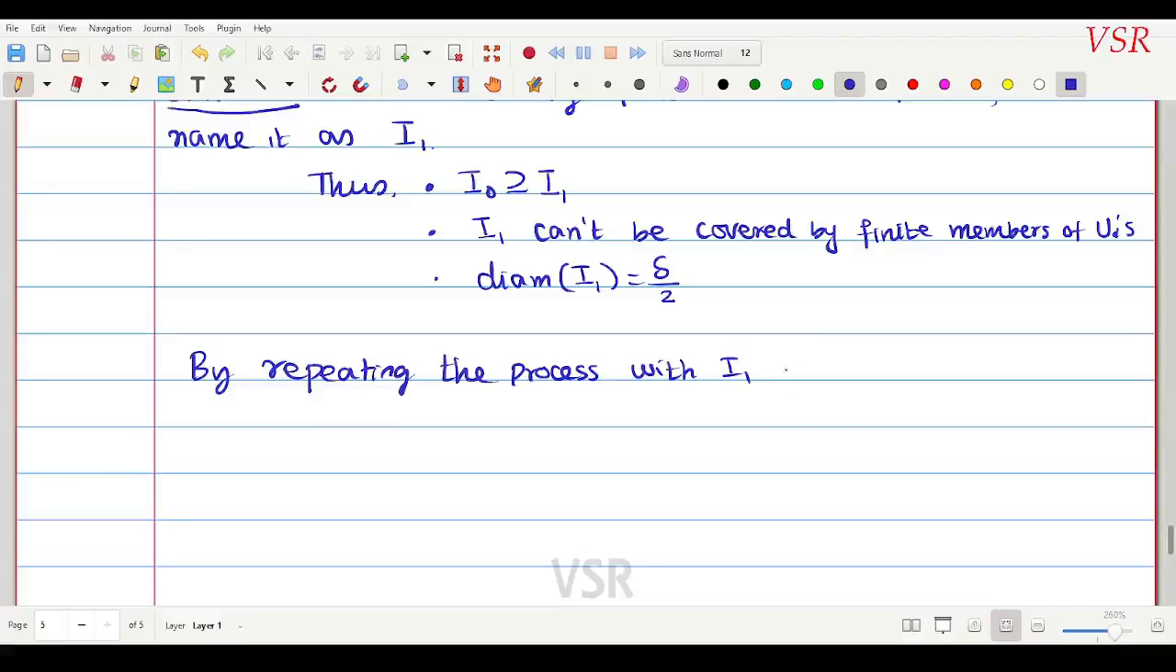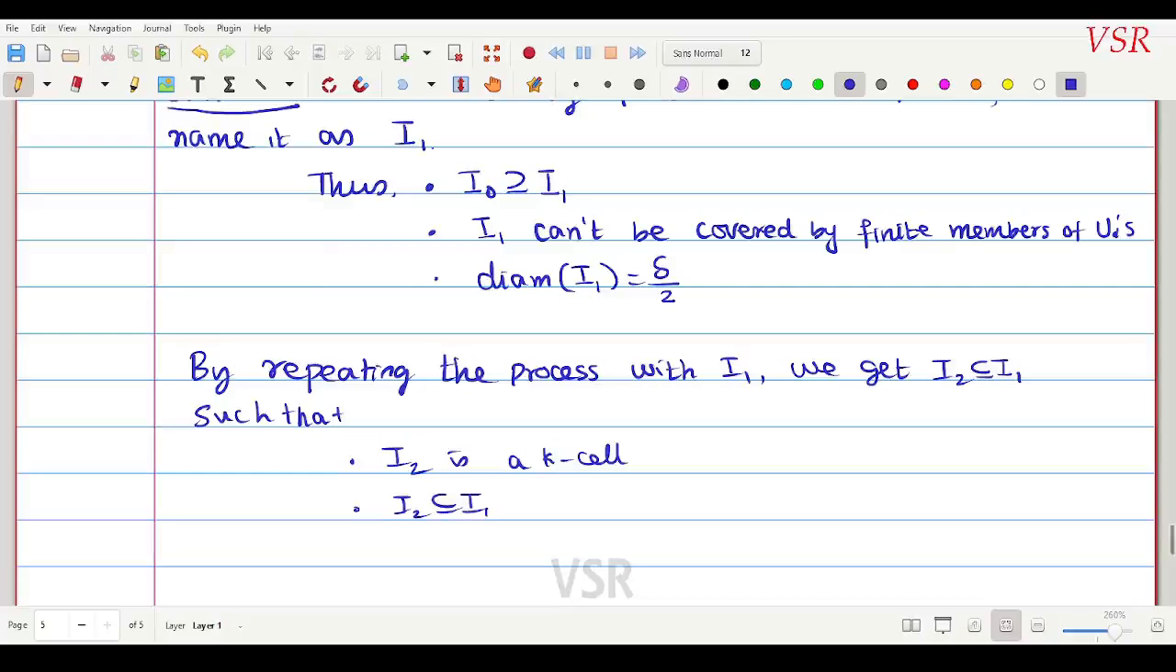Okay, we get I2 is a subset of I1. In that case, I2 is a cell such that, number 1, I2 will be inside I1, and I1 will be inside I0. And number 3, this is